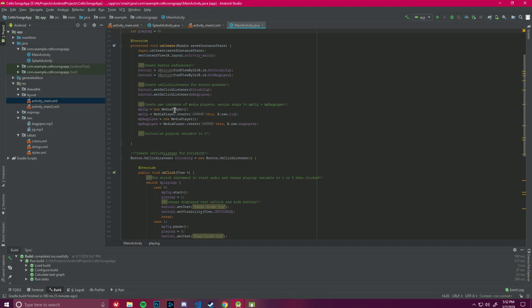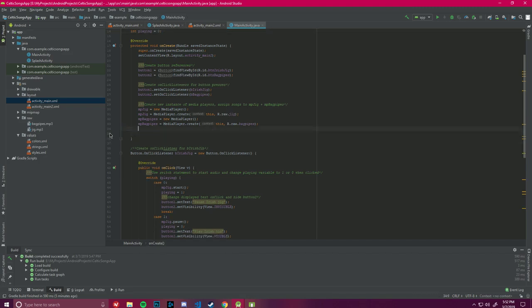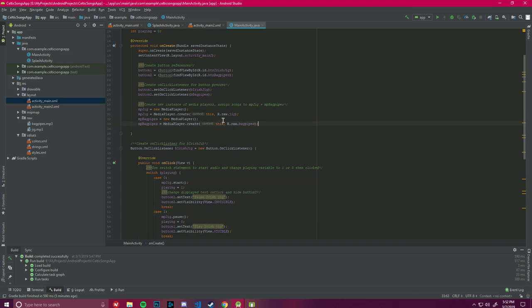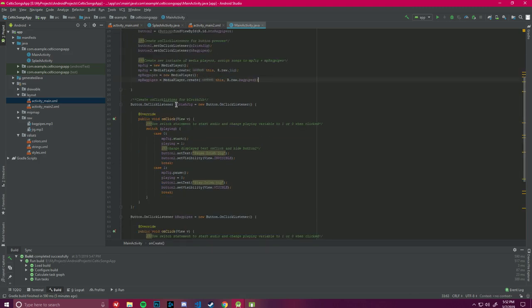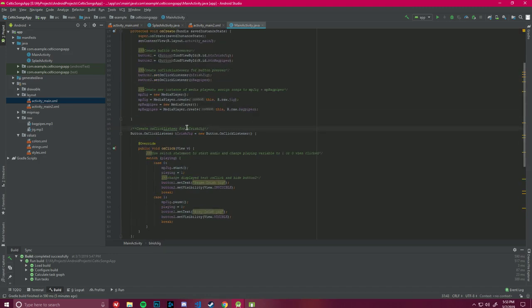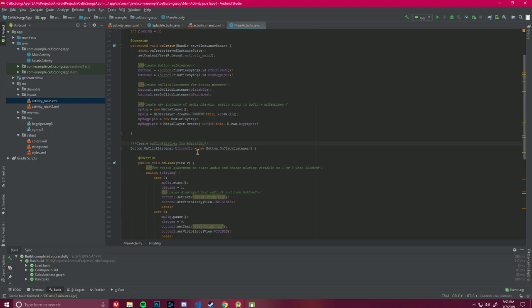So MP jig equals a new media player. Then we have MediaPlayer.create this, and then we reference our raw file over here for the jig. And we do the same for the bagpipes MP3s. We don't need to do that because we did that earlier. So create on-click listeners for the Irish jig. So button on-click listener. This is going to give us a reference for our Irish jig up here for whenever